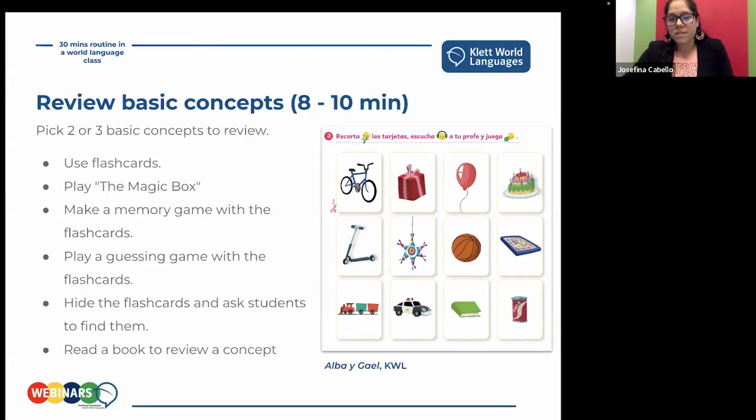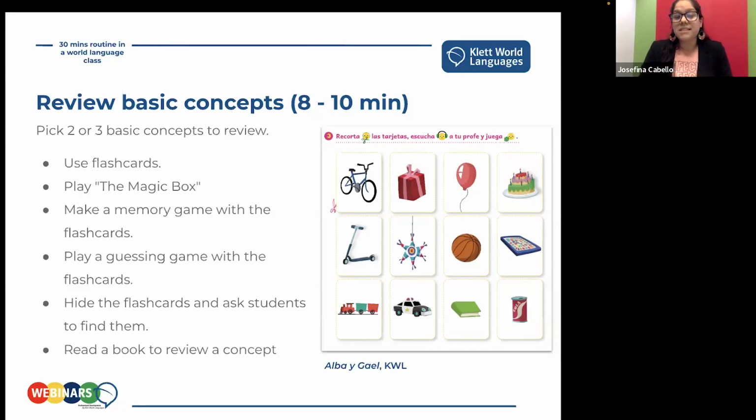And you can do any of these activities. For example, you can use flashcards. And when I say flashcards, it has to be something very simple. Just print a picture and that's your flashcard. It doesn't have to be anything fancy. You can play Magic Box. If you're not familiar with the Magic Box routine,